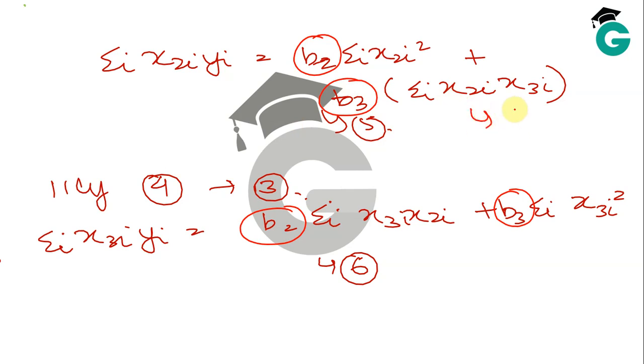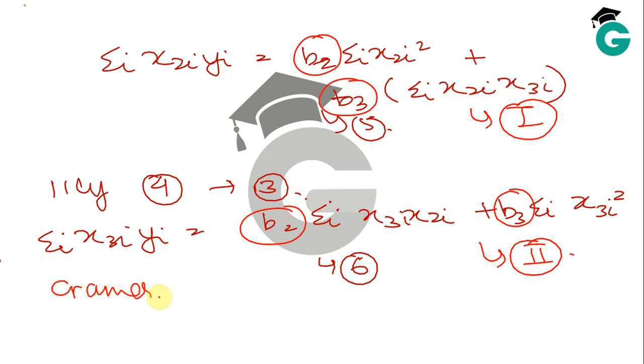This is equation 1, let's just call it, and this is equation 2. Now can I or can I not apply Cramer's rule here? I can, right? So Cramer's rule being applied, let's just first make the first delta, the first matrix,